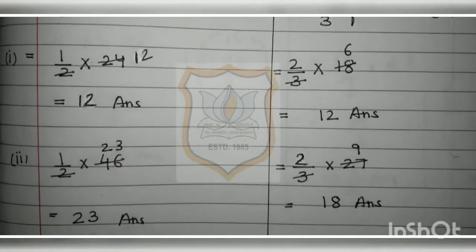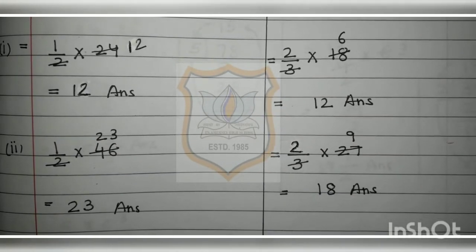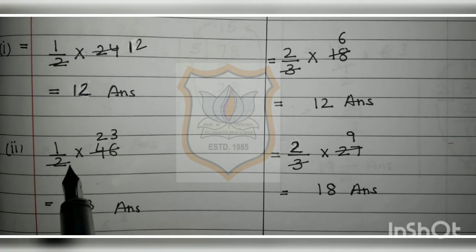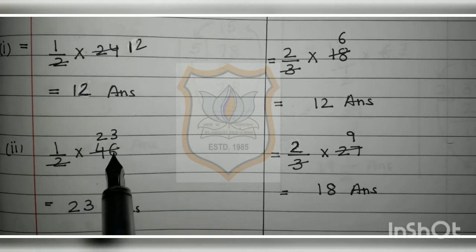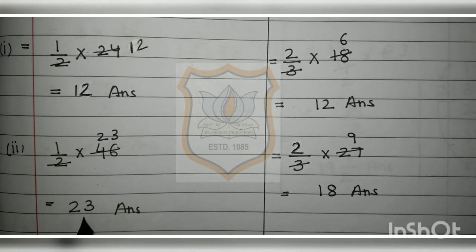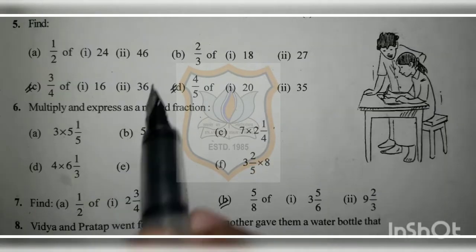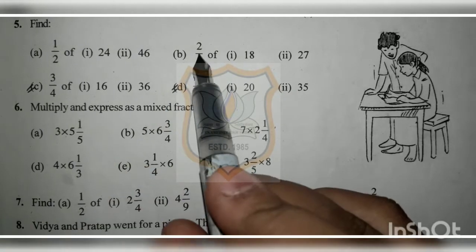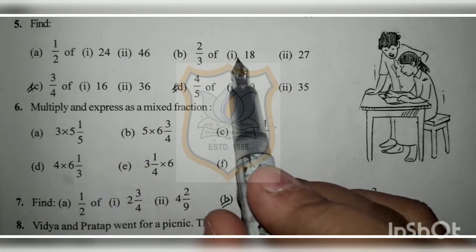Now second is 1 upon 2 of 46. 1 upon 2 of 46. In place of "of" I have put multiplication sign. So 1 upon 2 multiply by 46. 2 23s are 46. So answer is, 1 23 is 23. So answer is 23. B part of question number 5 is 2 upon 3 of, first one is 18 and